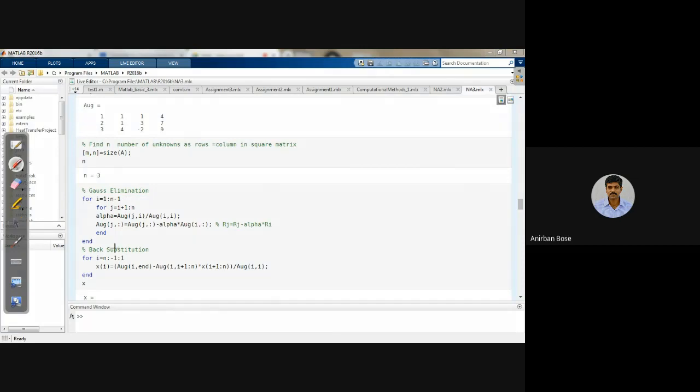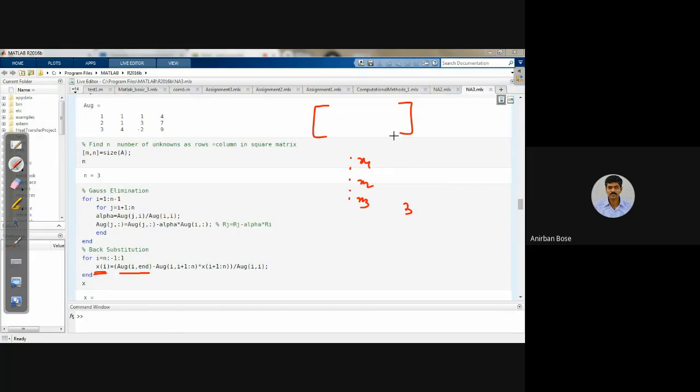And now coming to the back substitution. Once that has been done, now we have to do the back substitution. And you see in the back substitution, we'll start from i is equal to n to 1 with a negative 1 increment, because we'll start from the last value and gradually go to the first value. First x3 we have calculated, then x2, then x1. So it will start from i is equal to 3, then 2, then 1, like that, from n to 1 with a minus 1 increment. So what will be the value of x_i in general? You see it will be the augmented value a(i,n+1)...